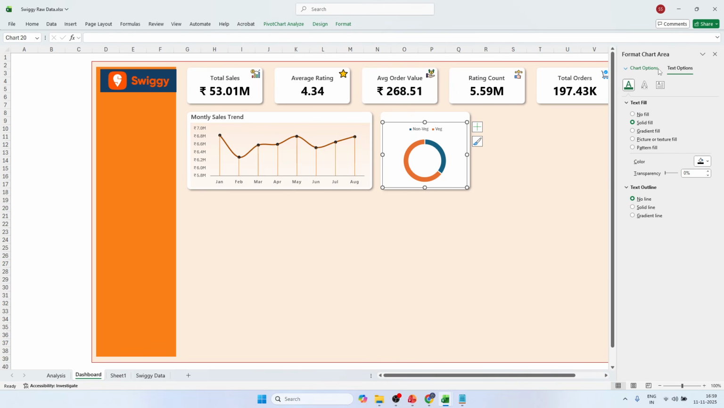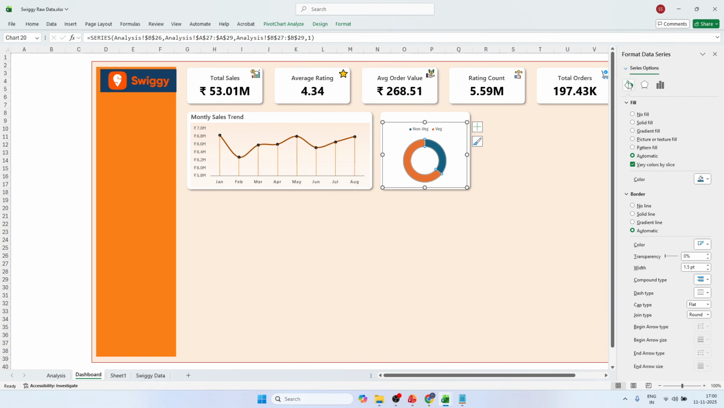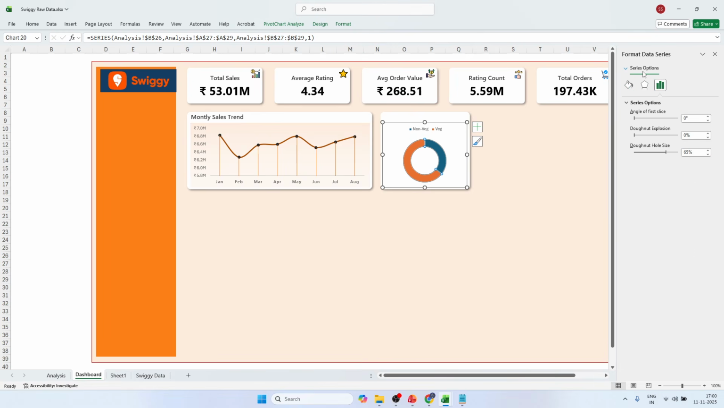Now I will just go over here in chart option and I will click on series total, and here in donut size explosion I will just reduce it. Okay, so I'll reduce it, let's say to 65%. Okay, and in a similar way I will go to effects, or just let's come to the colors. Okay, first I will just go to